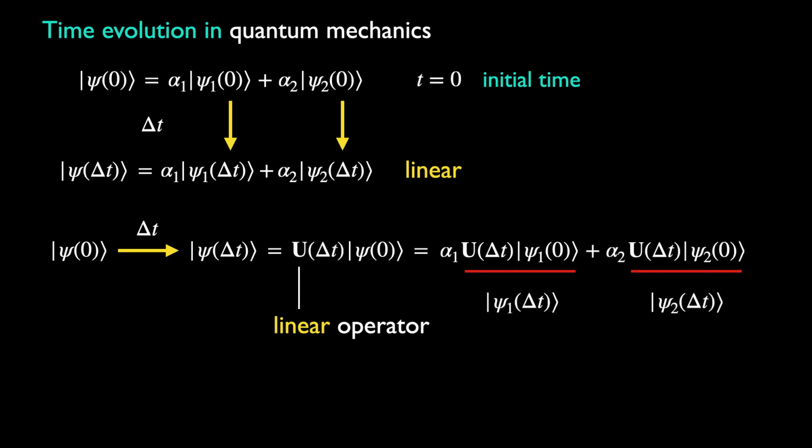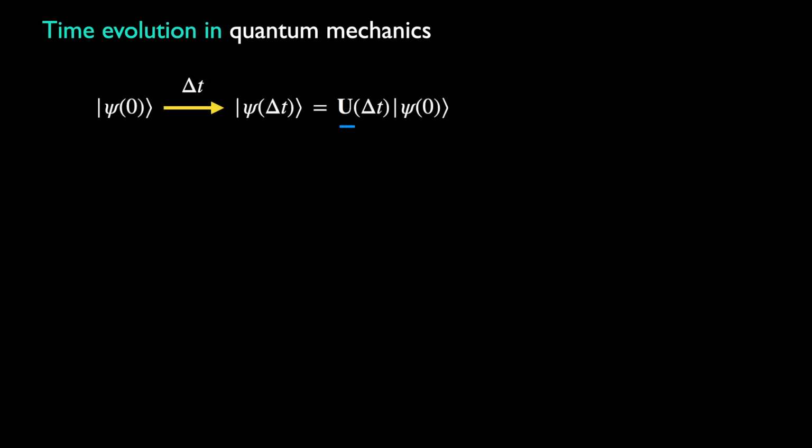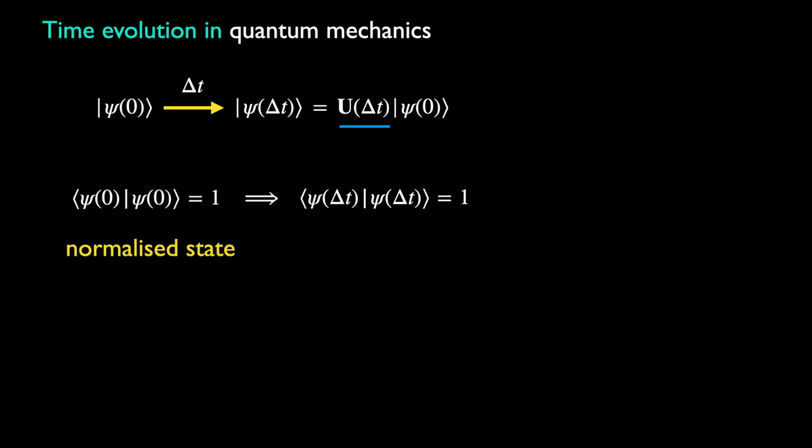Let's call it U of delta t. What properties must this operator have? An obvious constraint is that a quantum state must evolve into another quantum state, and quantum states must be normalized at all times. This is so that the probabilities of any measurement at any time sum to 1. Plugging in the transformation above into the inner product, we have